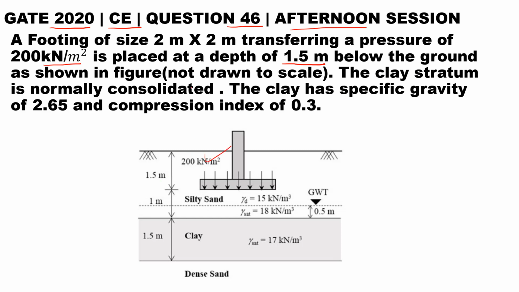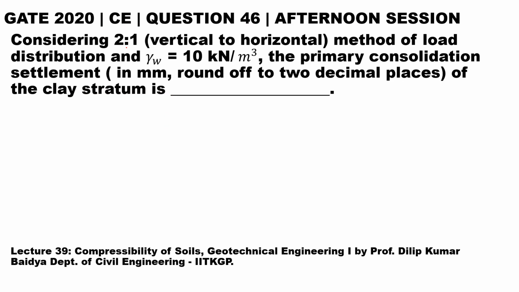The clay stratum is normally consolidated. Point toward normally consolidated clay. The clay has a specific gravity of 2.65 and a compression index of 0.3, and some data is given in this figure. Considering a 2:1 vertical to horizontal method of load distribution and gamma W, that is unit weight of water, as 10 kN per meter cube, the primary consolidation settlement in mm, round off to 2 decimal places, of the